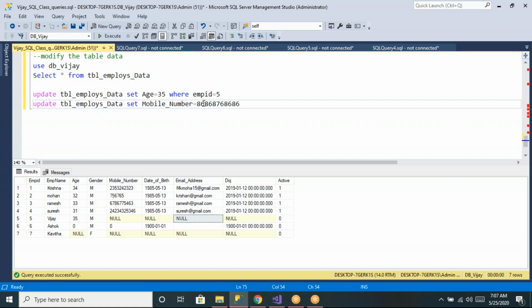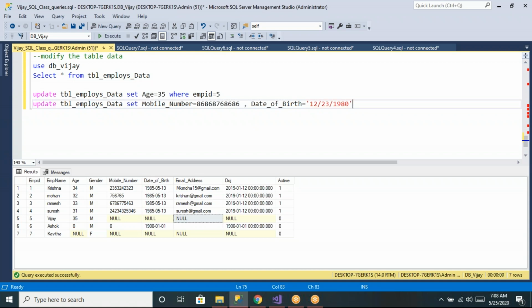And along with mobile number, you want to modify his date of birth also, no? So how to modify multiple columns data? If you want to modify multiple columns data, then use a comma separator, comma. And which column data? Second column name is date of birth. I want to modify his date of birth also. So let us say something like 12/23/1980.